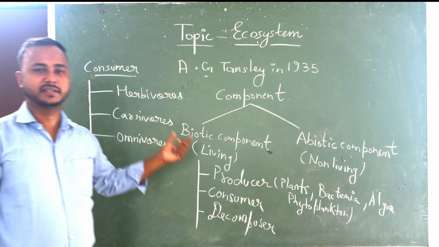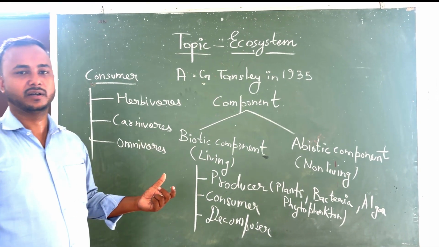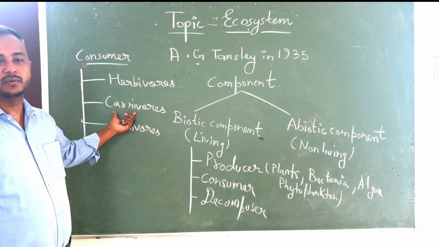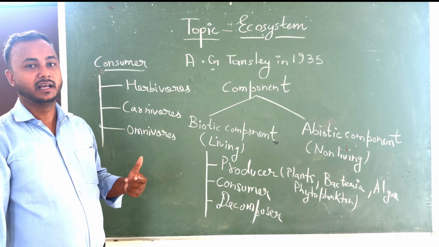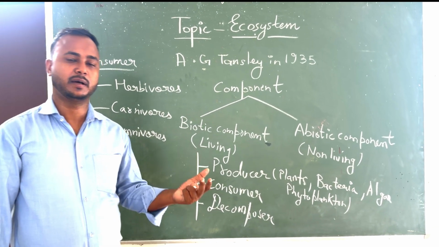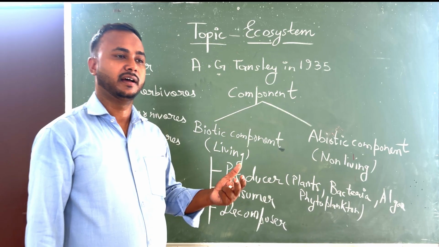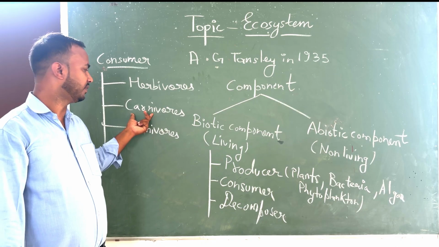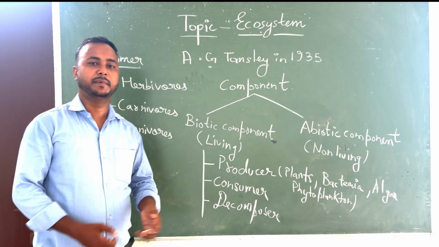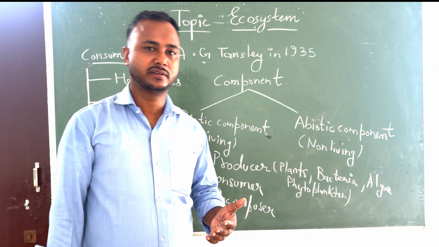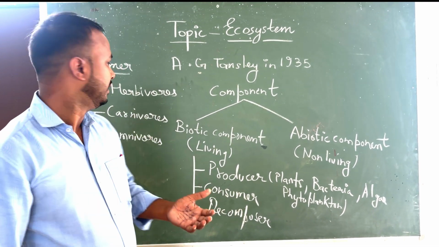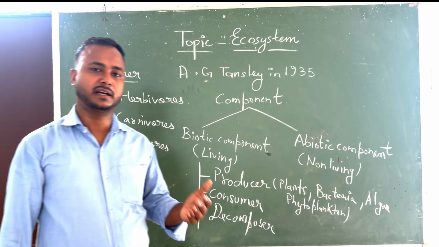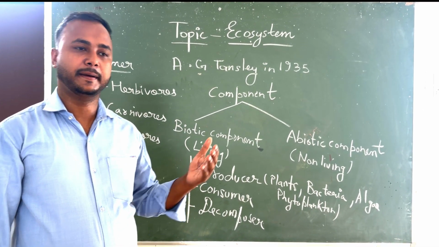The herbivores are those organisms that are dependent on plants for their food. Examples are cow, goat, buffalo. The carnivores are those organisms that prey upon other organisms and eat the flesh of that particular organism. Carnivores may be of many categories: primary carnivorous, secondary carnivorous, and top carnivorous. Now the next thing is omnivorous. Omnivorous are the organisms that are dependent on plants as well as flesh of animals for their food.